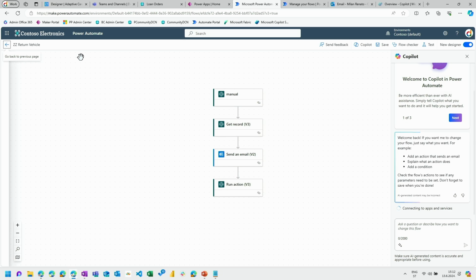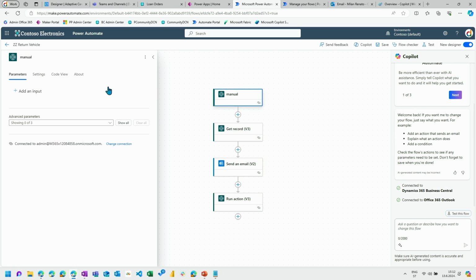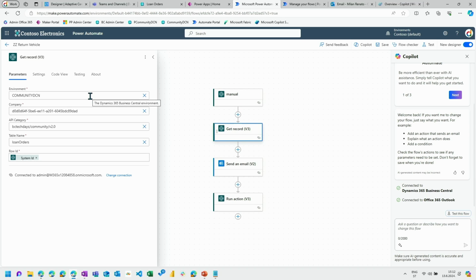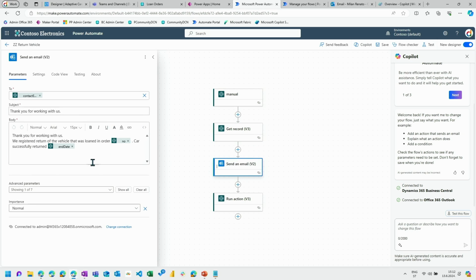What I have here, if I open it, here I'm using something different and another trigger, which is a manual trigger. So when I first select a record inside Business Central, I'm getting information about my record that is selected inside Business Central. In this case, it is the loan order table, and I'm getting the information about the system ID. I'm sending an email to my contact, which is the contact email, which I have on my header, and then I'm